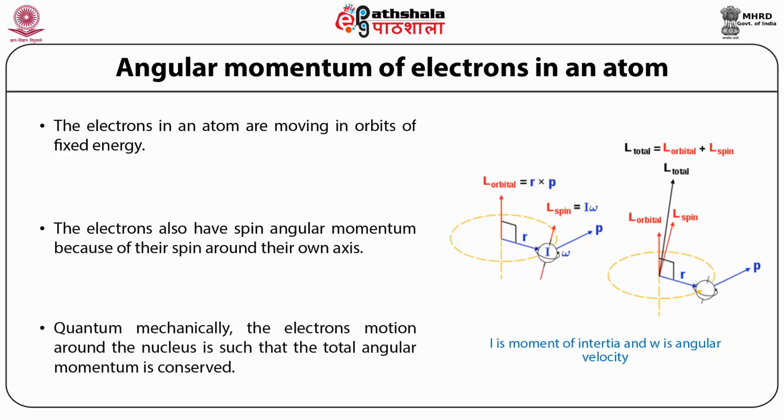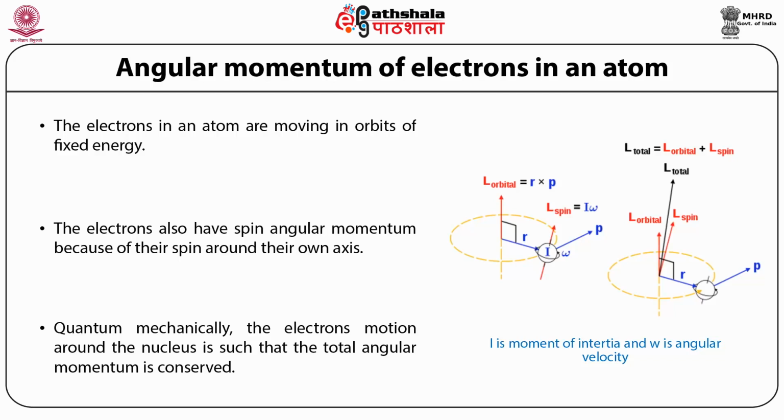Quantum mechanically, the electronic motion around the nucleus is such that the total angular momentum is conserved. So if I is the moment of inertia, which is shown here, and omega is angular velocity, then once you have the spin and the orbital angular momentum, there is a total angular momentum which is the vector sum of the two, has an axis passing through the center, which happens to be the nucleus in this example, and one